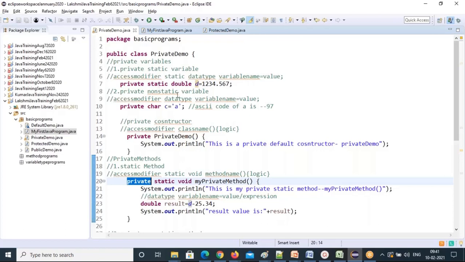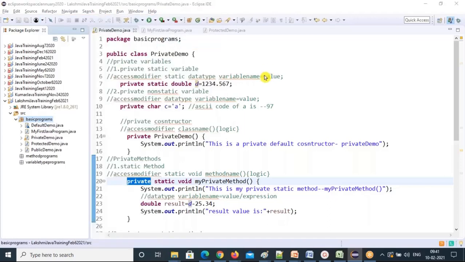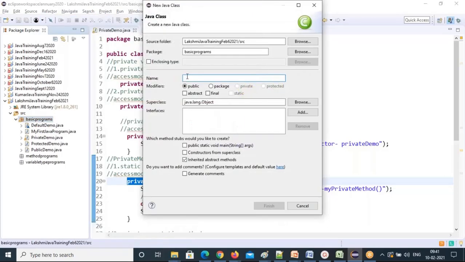You have the option to choose the public radio button, right? By default, public is enabled. Only private is not enabled for the class. That means they are not allowing you to create a private class or protected class. So you can create only either a public class or a default class.